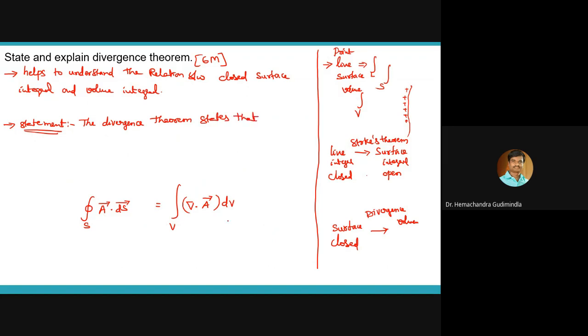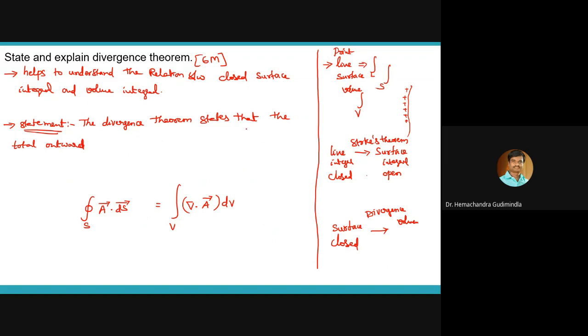Here, del dot is nothing but divergence. Divergence means something is leaving from the surface. For example, if in your pocket there is 100 rupees, how much can you spend? 100 rupees you can spend, right? So the same thing we can relate here. The divergence theorem states that the total outward flux, that means how much I can spend, 100 rupees, because I have 100 rupees in my pocket.